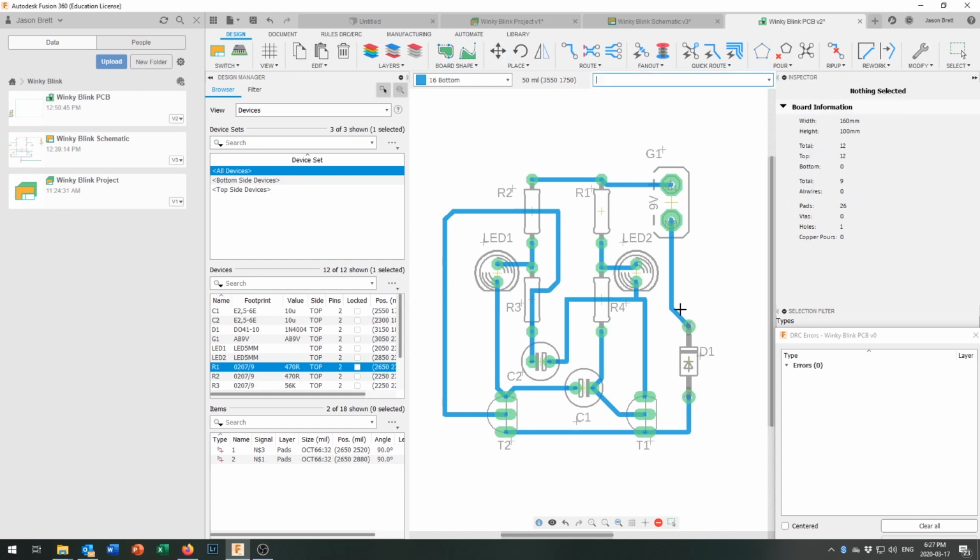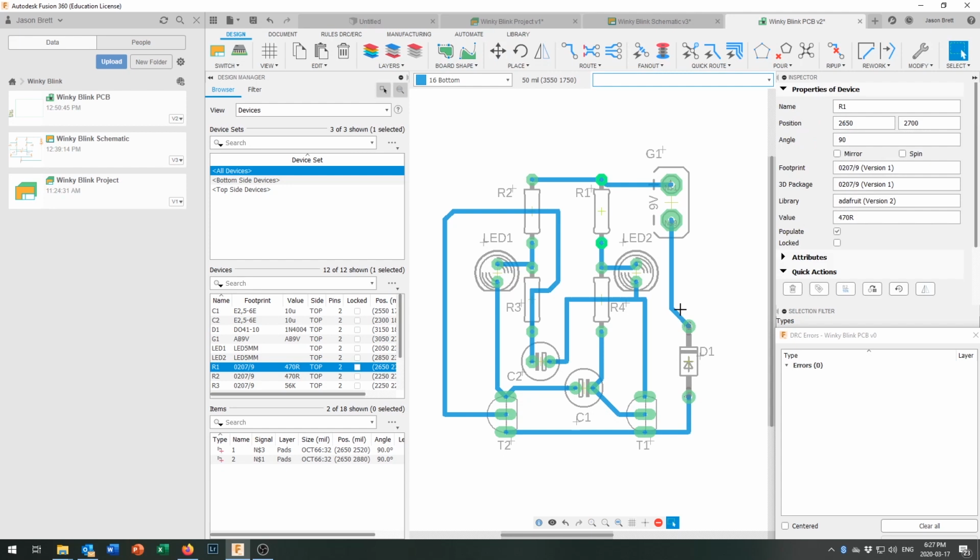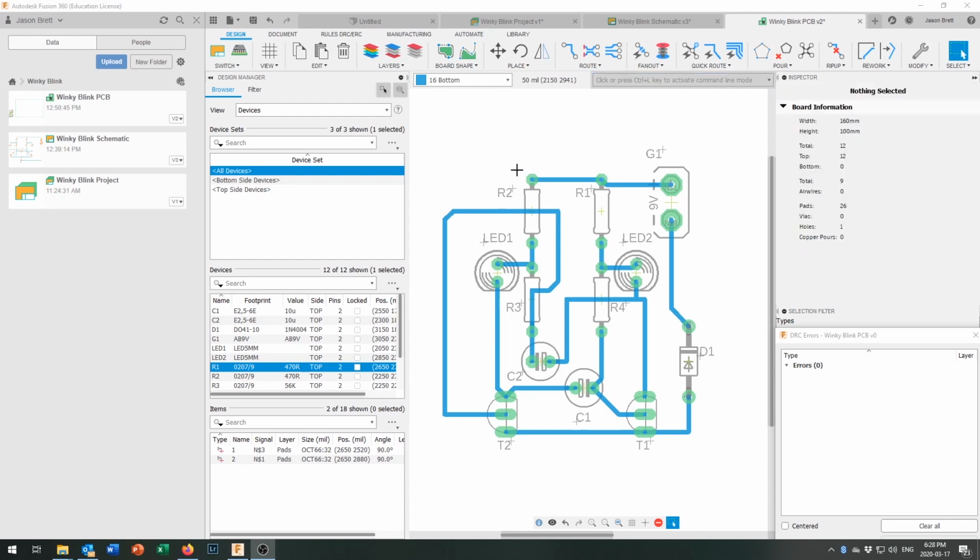is we want to be able to mount the board onto some form of case or device, and usually to do that we need to put a hole in it. So we want to place a hole on here, and in order to do that, it doesn't show up in the main place menu. You have to click on the little drop down right here, and then you come down to hole, and it just gives you a little logo, symbol like this, and you can see the size of